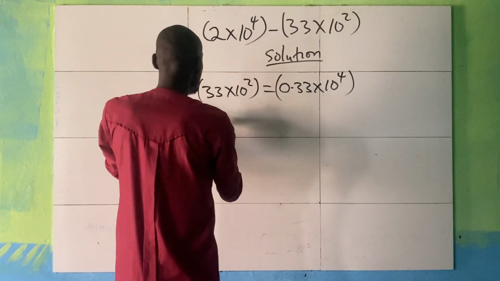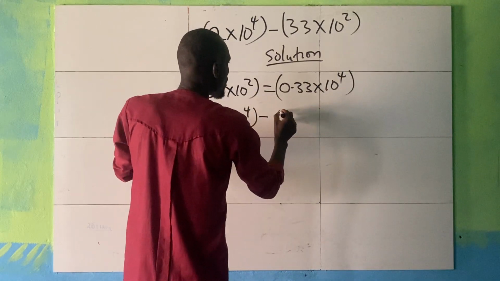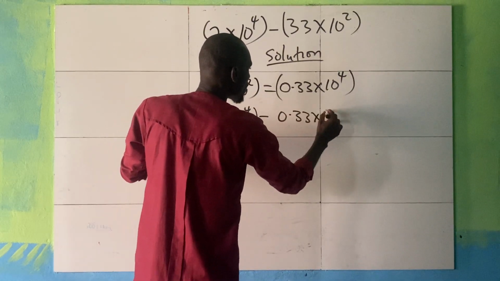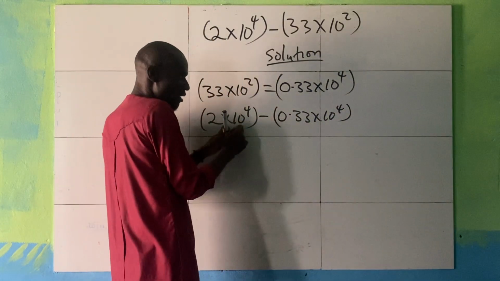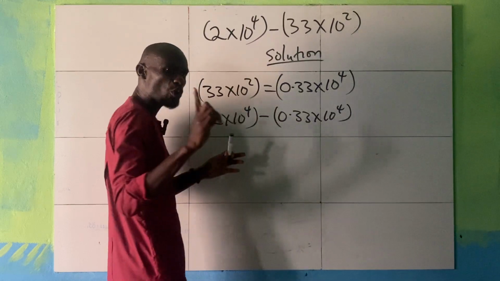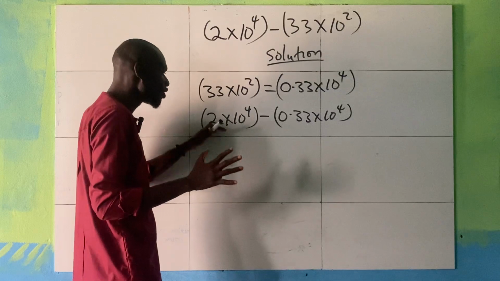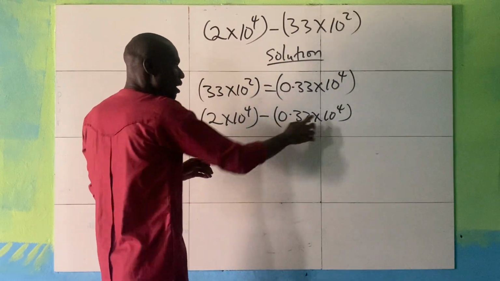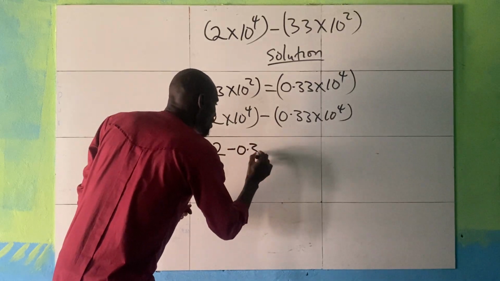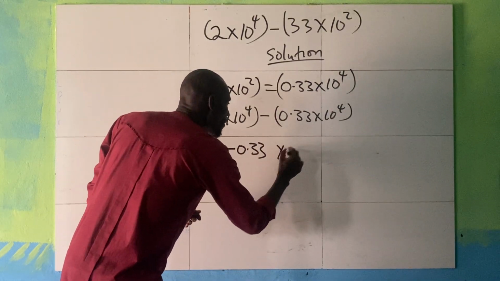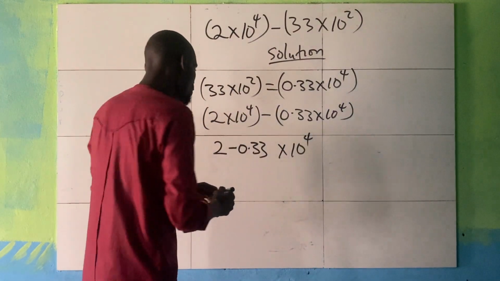So it becomes 2 times 10 raised to the power of 4 minus 0.33 times 10 raised to the power of 4. So at this point, what do we do? Both bases are the same, so we take one of the bases and we subtract the numbers. So we will now have 2 minus 0.33 multiplied by 10 raised to the power of 4. Now 2 minus 0.33 will give us